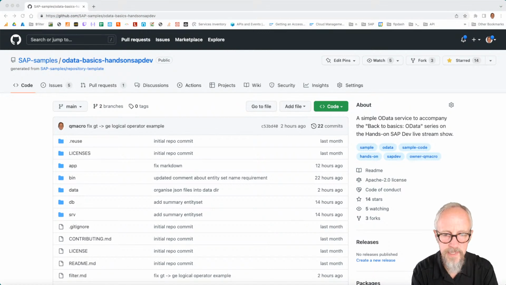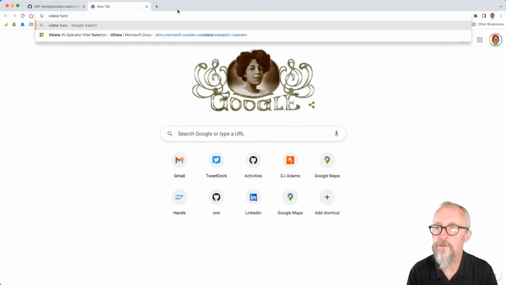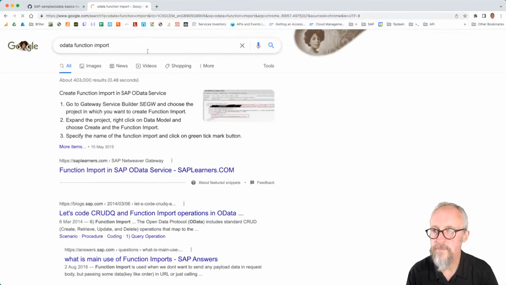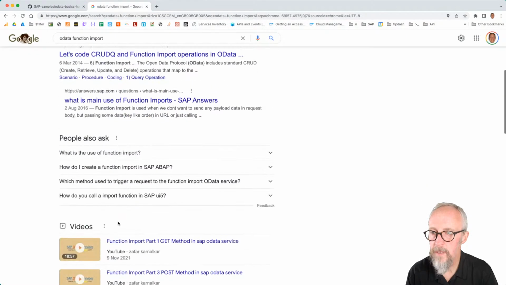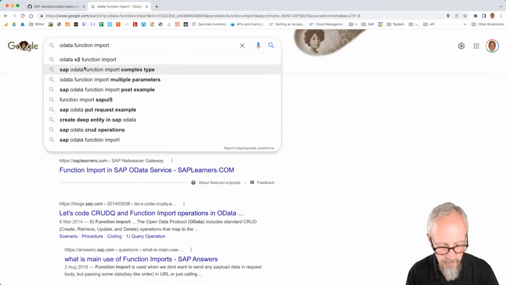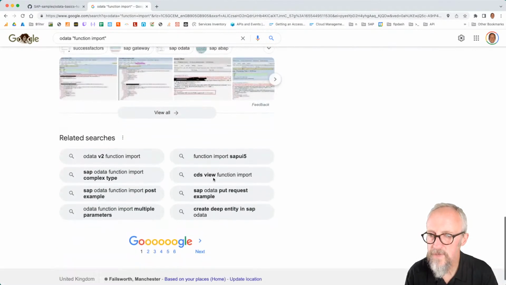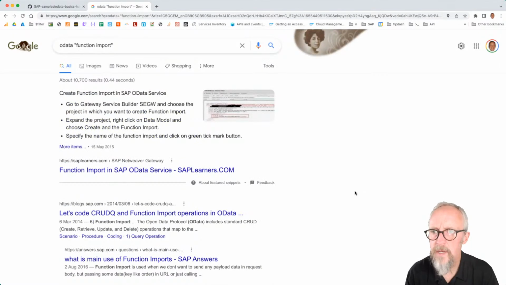Isn't function import SAP jargon? Is it in the OData standards? The function import was, or still is, oh, that's a good question, Flatline. I think, OData function import, actions and functions. Let's put it in double quotes there, actually. Function import. It does look as though it's an SAP specific phrase, doesn't it? You know what? I never thought of that. But anyway, functions,